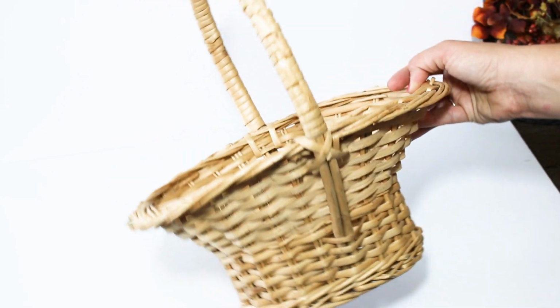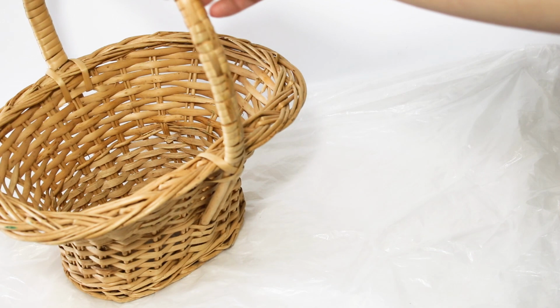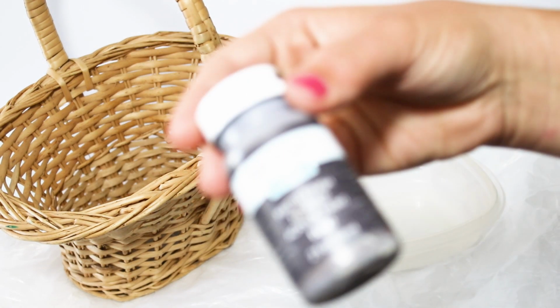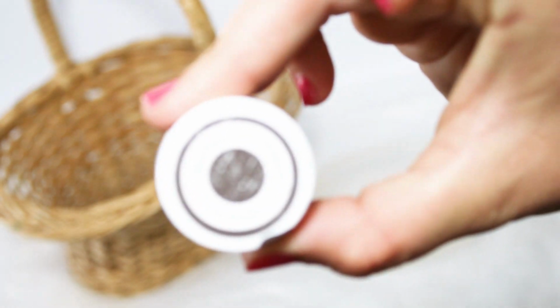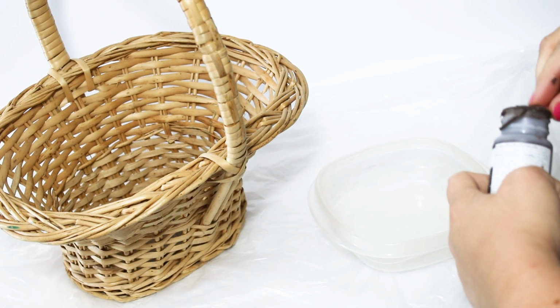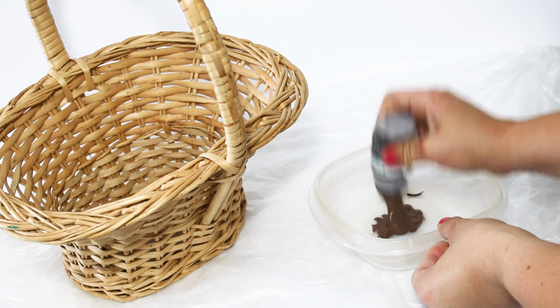I couldn't find a price tag on it and I couldn't find my receipt, but I do think that I paid around $1, maybe 99 cents for this, and I just thought it would be fun to take something that I did not know what to do with and bring it home and just see what I could put together. So I hated the color of it, so the first thing I'm going to do is try to darken it up so it will go with some more of my farmhouse decor, and I'm going to use this truffle paint,